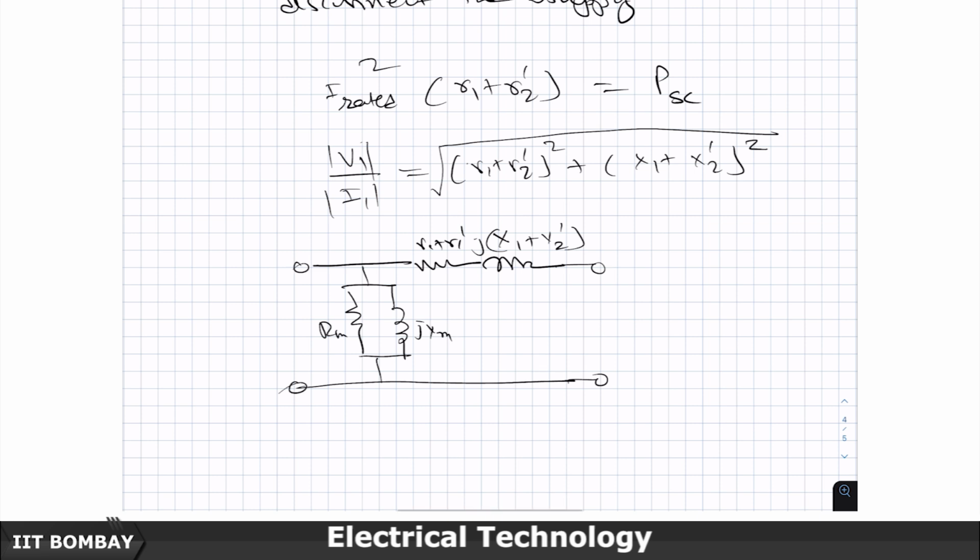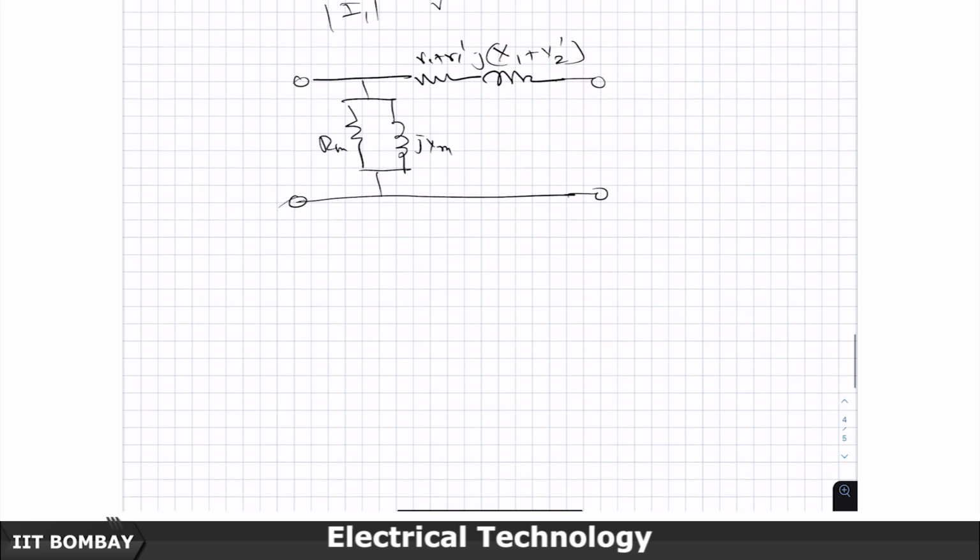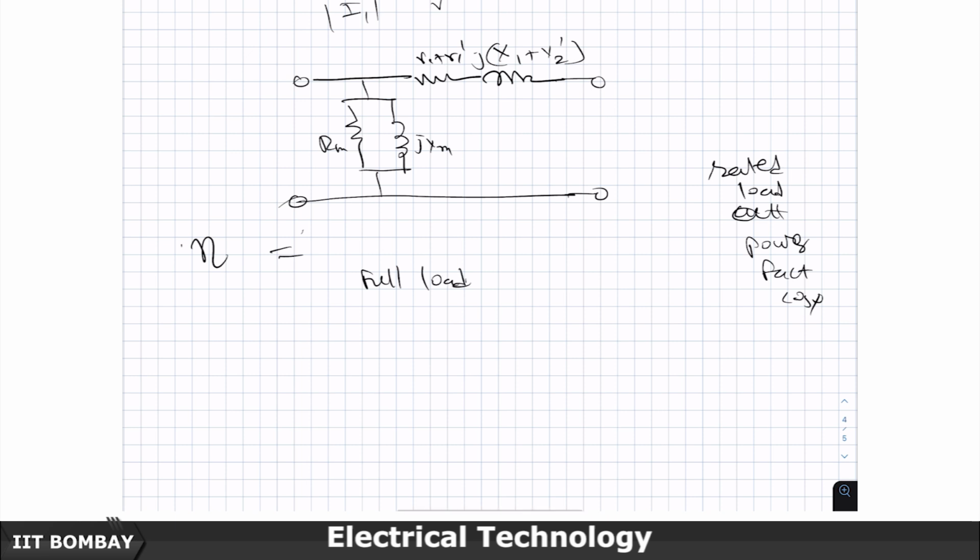With this equivalent circuit of the transformer you are able to get, and you are also able to get the efficiency of the transformer. For example, suppose it is connected to rated load at power factor cos phi. Then what it means is, rated load means full load volt ampere. So then your output is going to be full load volt ampere